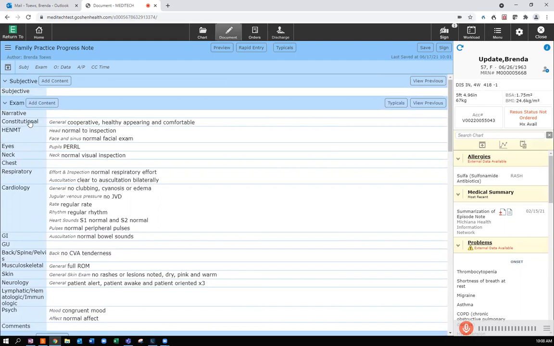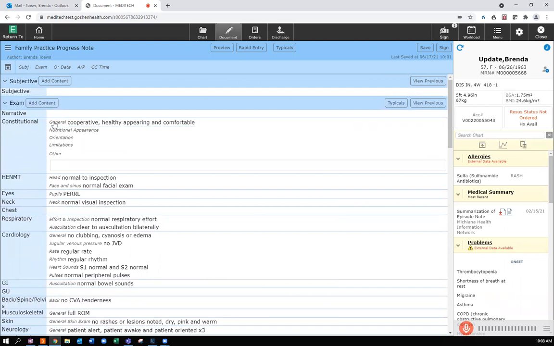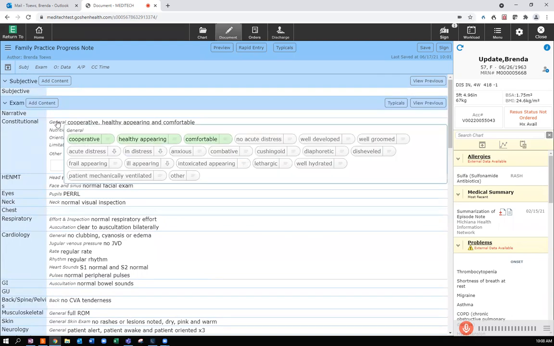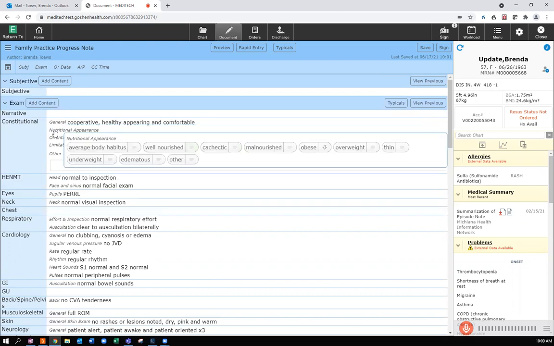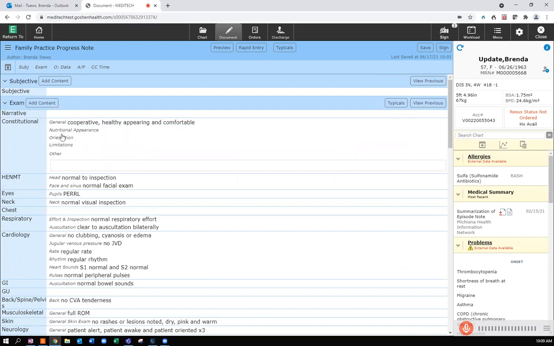And just to show you, I've expanded that part of the exam section, and you can see these are the choices that were chosen. If I want to see all of the choices, I click on the word of that subheader, and I can see these are the ones I've selected, and I can make any changes here. To go to the next section, I would either click on the name. Tab does not work here. I can click outside of the box if I'm satisfied with the